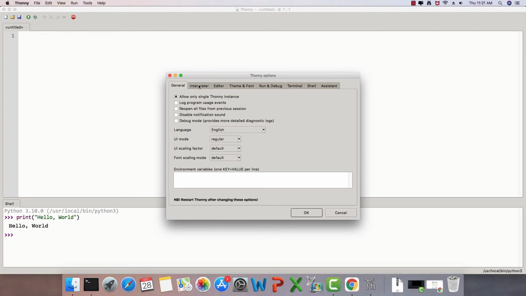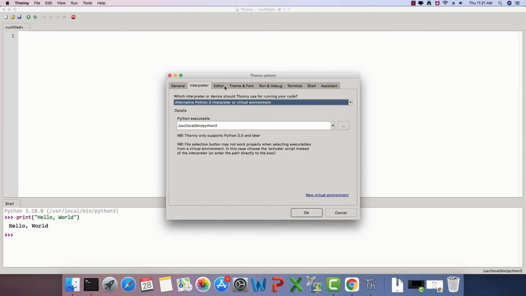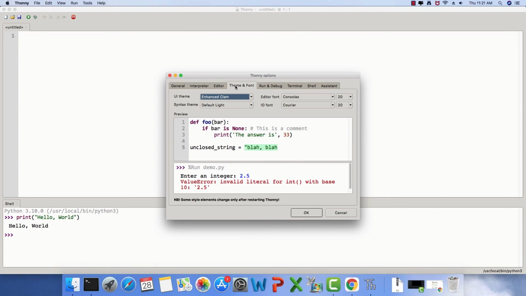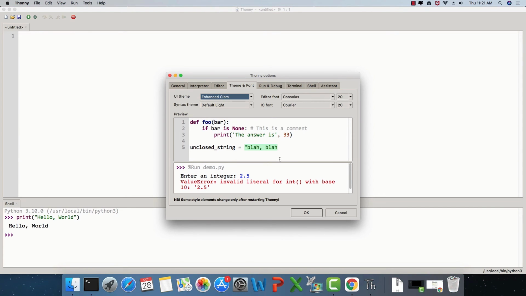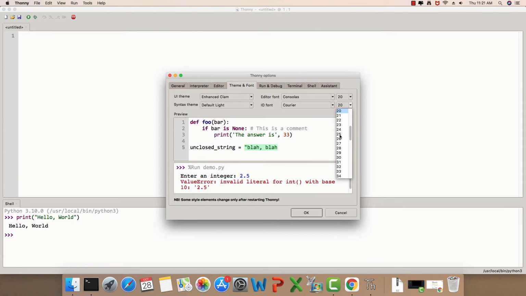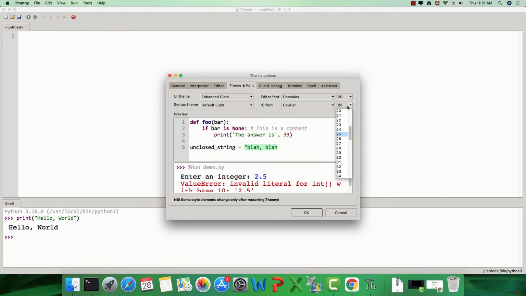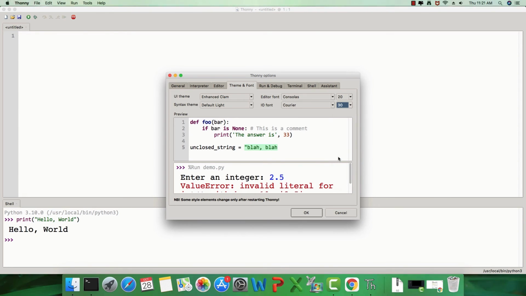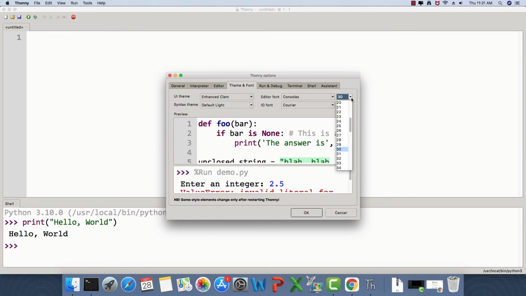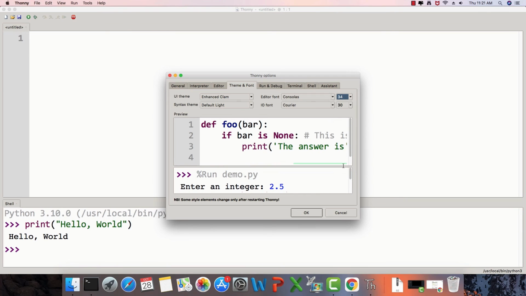So I'm just going to go ahead and check everything. So this is the interpreter and this is the editor and then this is the theme and font. So it reads here console as 20 and Courier 20. So this is the font for the IO. So whatever we are typing in the interpreter window, it is set to 20. So I'm just going to go ahead and make it a bit bigger, not a lot, or let's make it a lot bigger, to a point where everything is comfortable to our eyes. And yes, or let me make it even bigger.